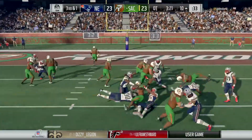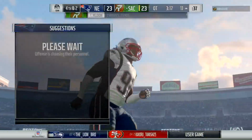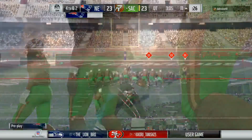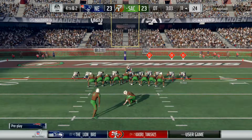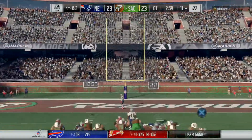They'll try to run for it with Yeldon. And he's going to go backward. They get him behind the line. That'll make it 4th down after a loss of 1. And the kick